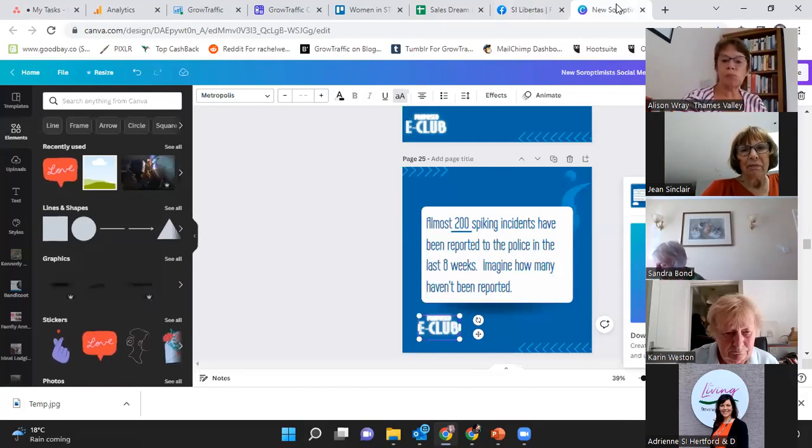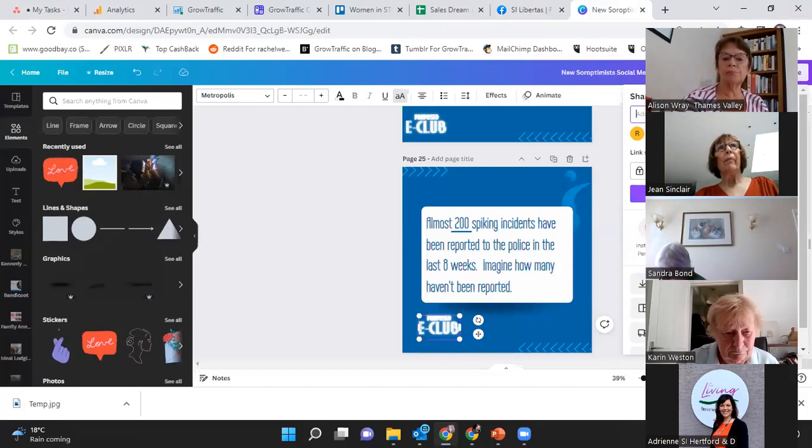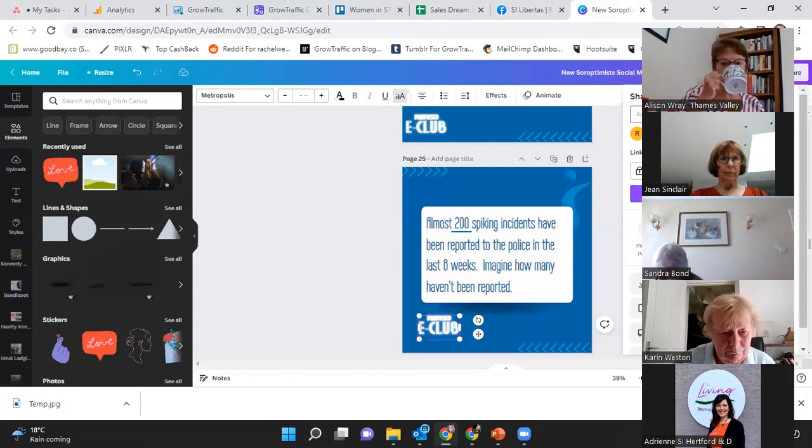What you can also do with this, and this is a really good way, is share posts with people as well. As opposed to downloading it, I could share this. So if I wanted to work on this with somebody else in my club, I could get the link, email it to them. They could then log into my Canva or see it in their Canva if they've got an account, and they can edit it. So we can work on it together before we finalize it and download it. So it's quite a handy sharing tool as well.